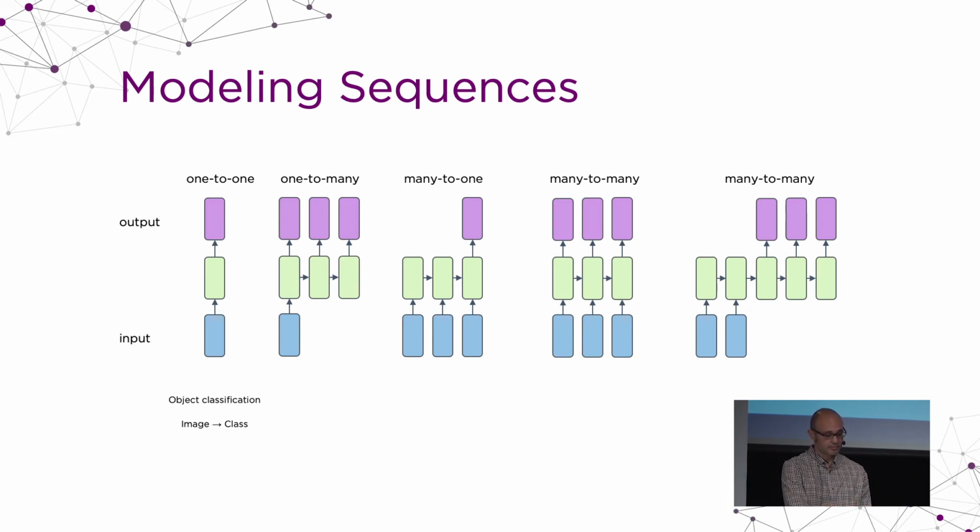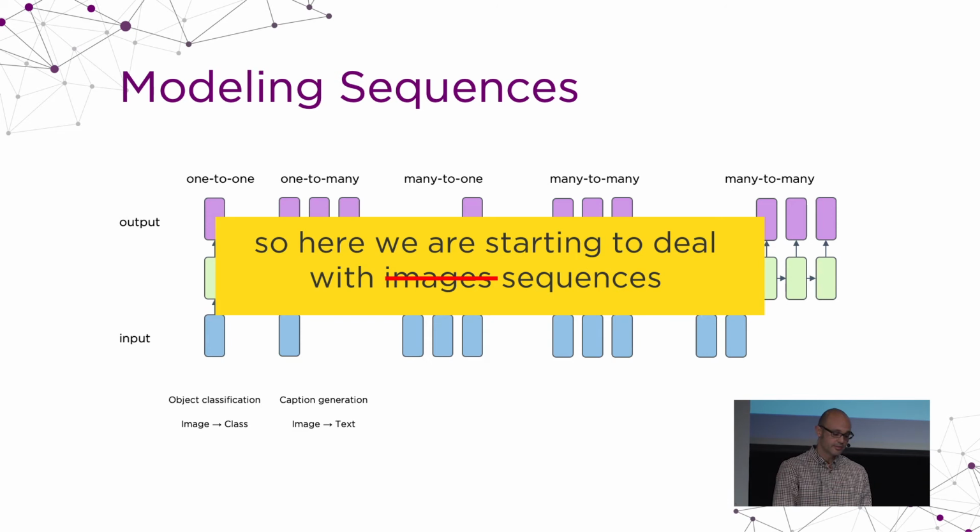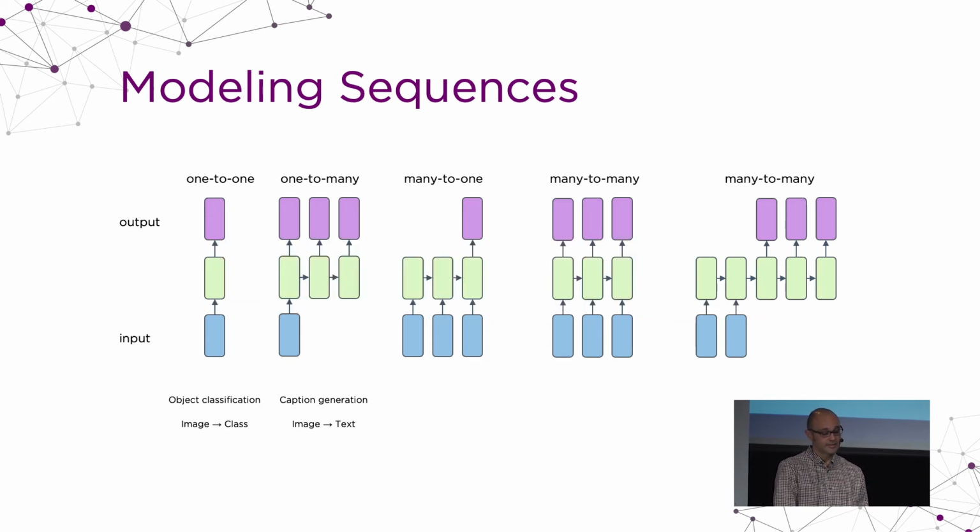The next example is one-to-many. Here, the input has a fixed size, but the output is a sequence. The example here is caption generation, which is the example we saw before with the image, where I want to produce the description. Again, the output is a sequence, but the input is not a sequence. And we have the opposite case just after,